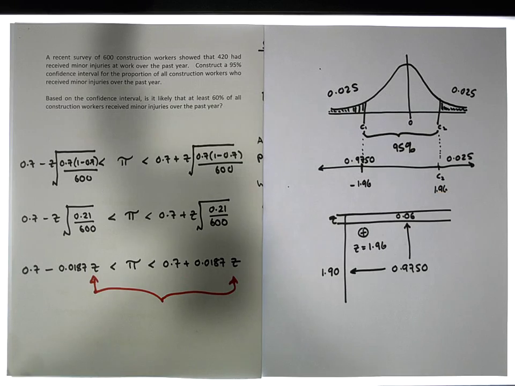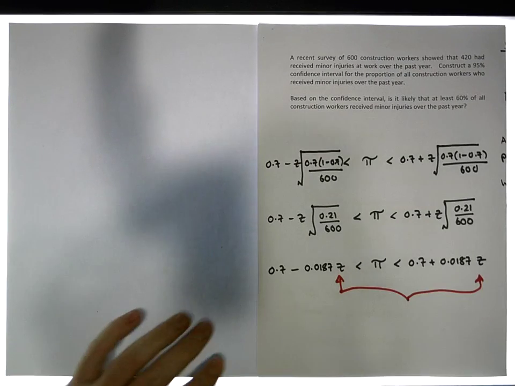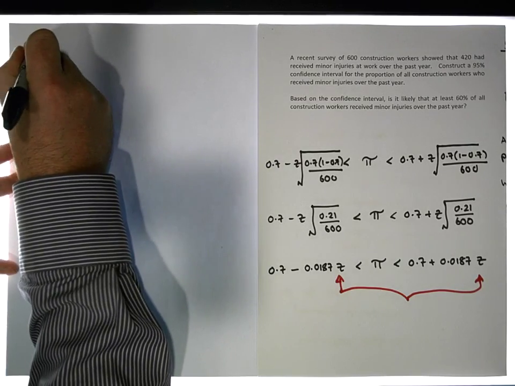So now what we can do is we can actually calculate our confidence interval. Okay, so let's do that now. So our 95% confidence interval is going to be, so the 95% confidence interval